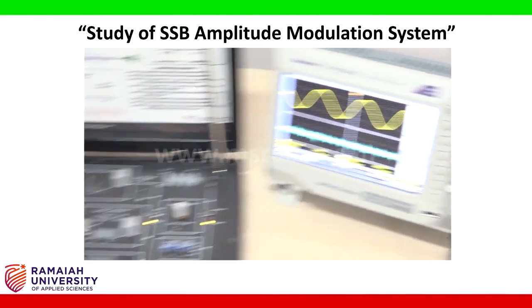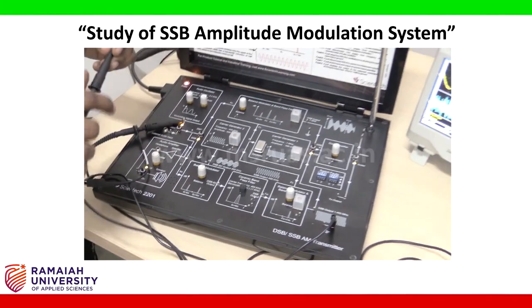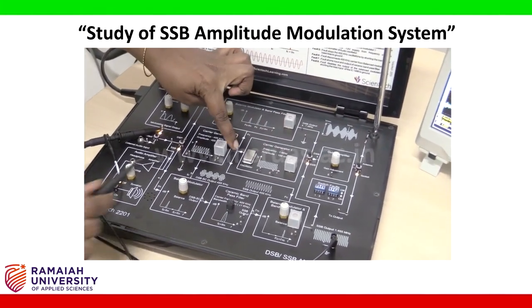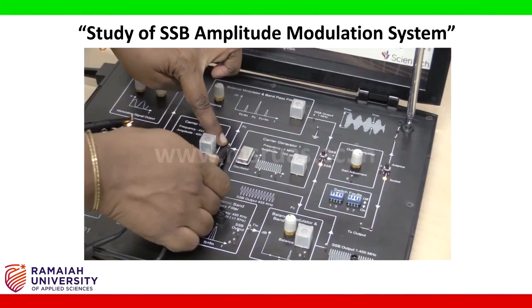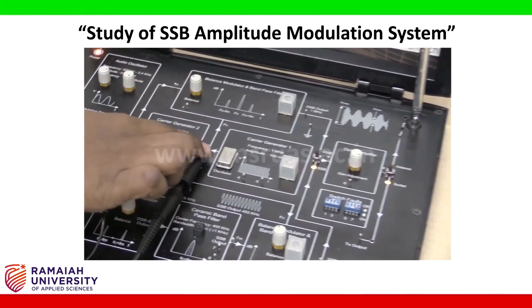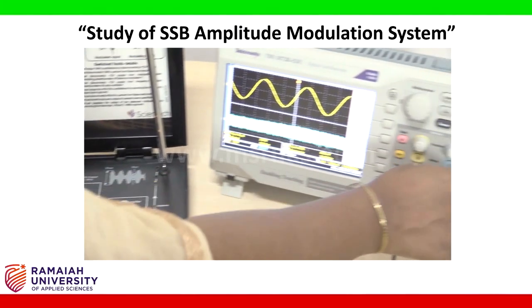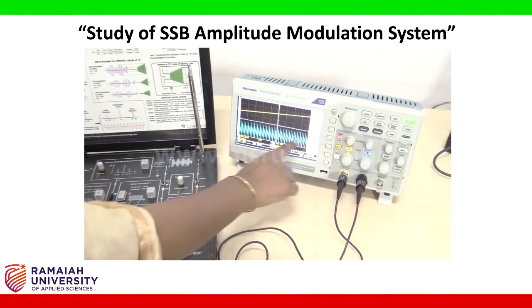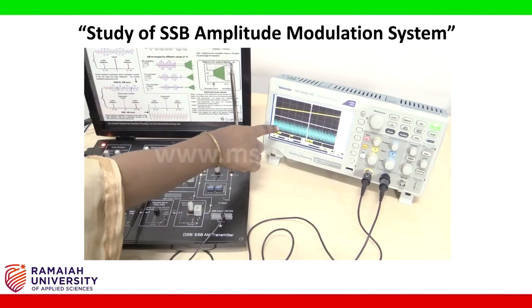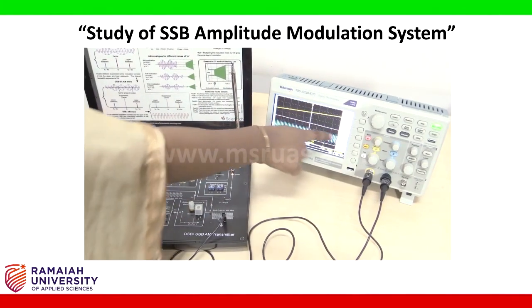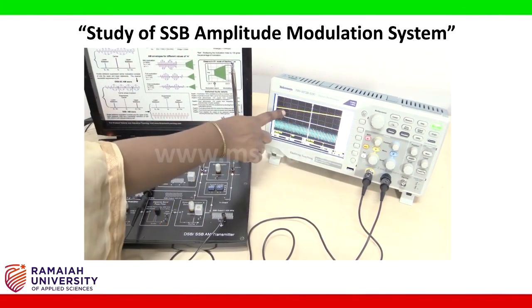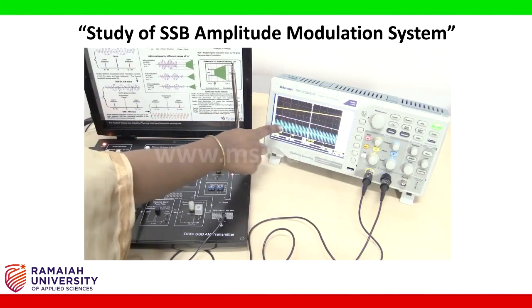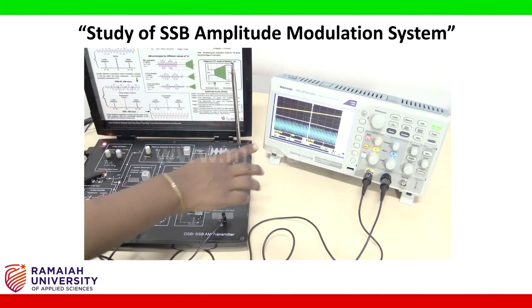Now let us check whether the carrier is generated. So this is the carrier generator. So it is available here. And now in the CRO, by changing the time scale, you can see that the carrier is generated. Carrier is very high frequency compared to message. So hence carrier and message, full sine wave of the message and full one cycle of carrier can't be observed